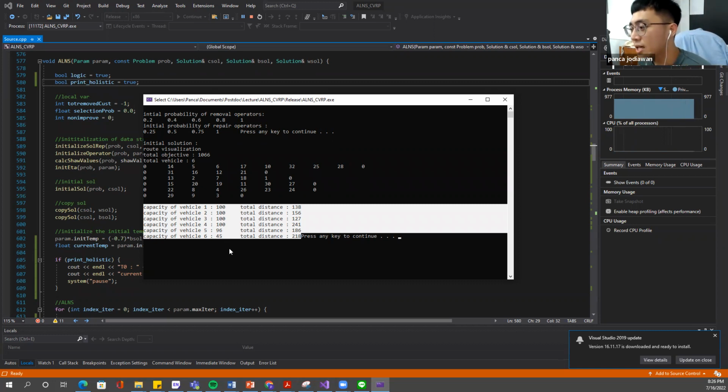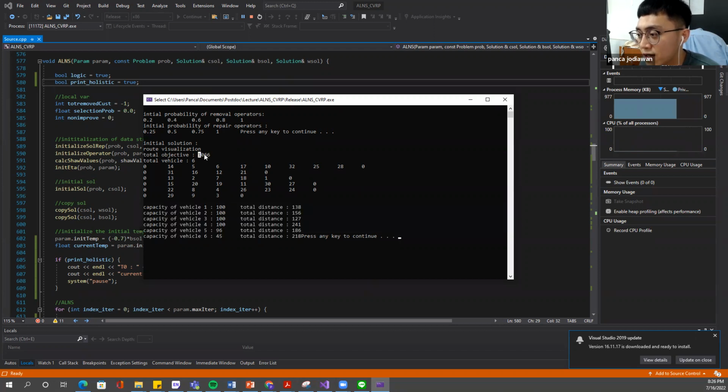Here is the total distance traveled by each vehicle, and if you take the summation of all of them, it results in 1066. Then after we generate the initial solution, here is the T0.